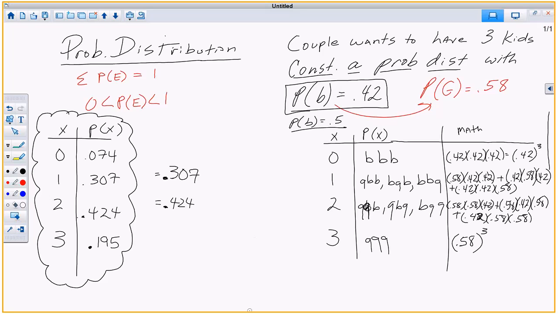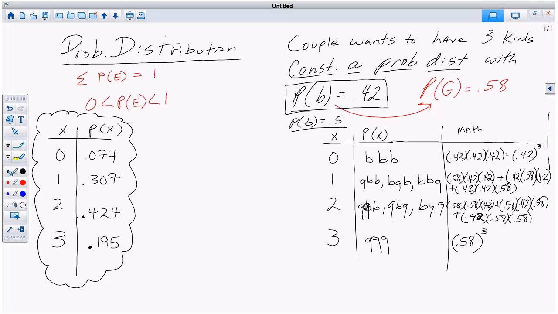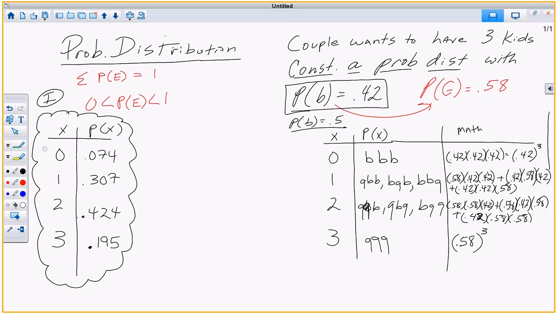If nothing is given, this is an assumption. Write that down. Or you can just count and say, okay, there's 1 out of 8, 3 out of 8, 3 out of 8, and 1 out of 8. If it was 0.5, you could do that. But it's not 0.5 in this question, so we can't just count it. All right, now, what else will it say? Another question you might get in the homework or the test, after they give you a probability distribution, they may ask what's the probability of something. The second type question in 6.1 might ask you,